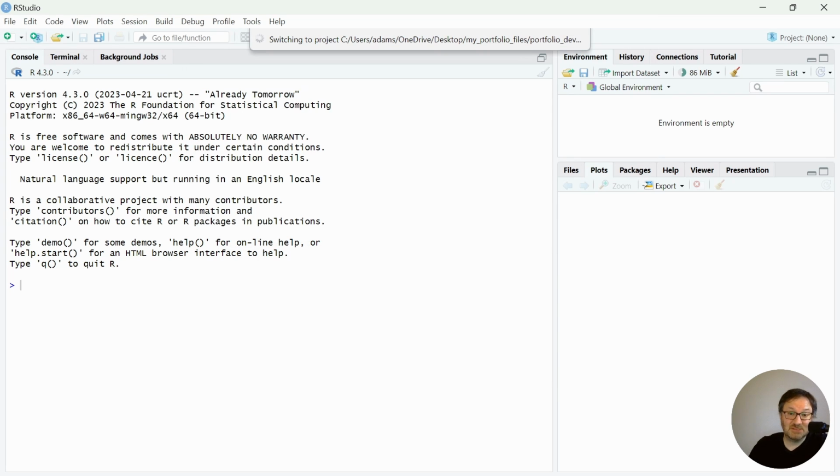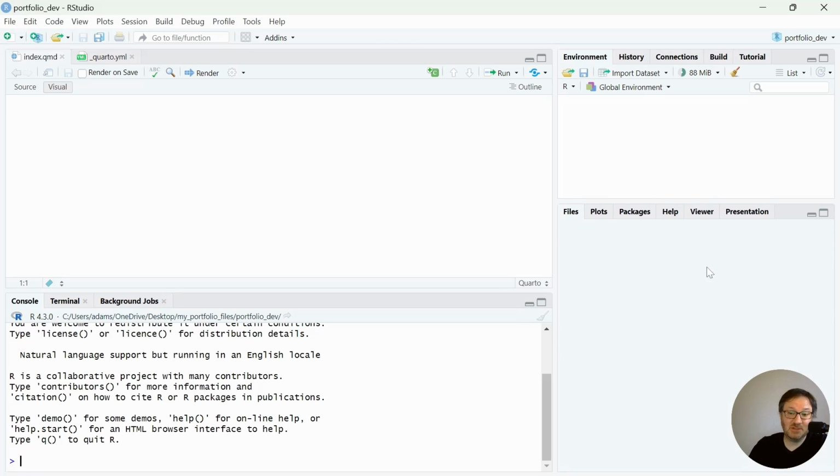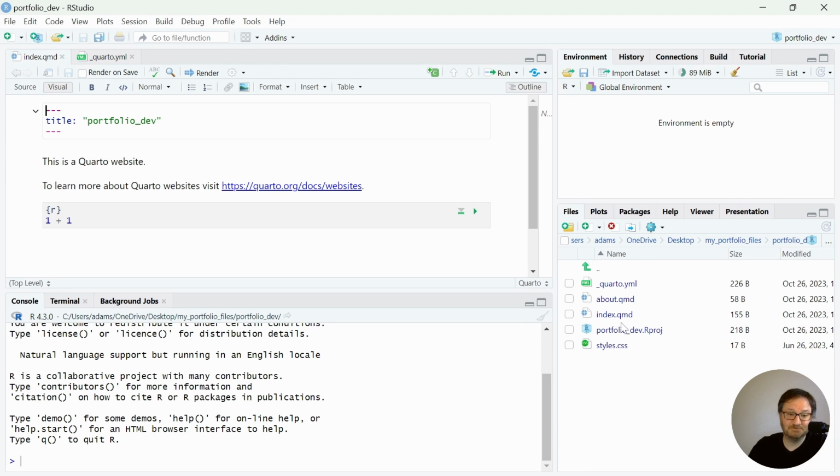And then when this gets set up, you'll see the files over in this right side. You'll also see the visual editor pop up with a few things. And so I want to walk you through what is in here already. First of all, we have an